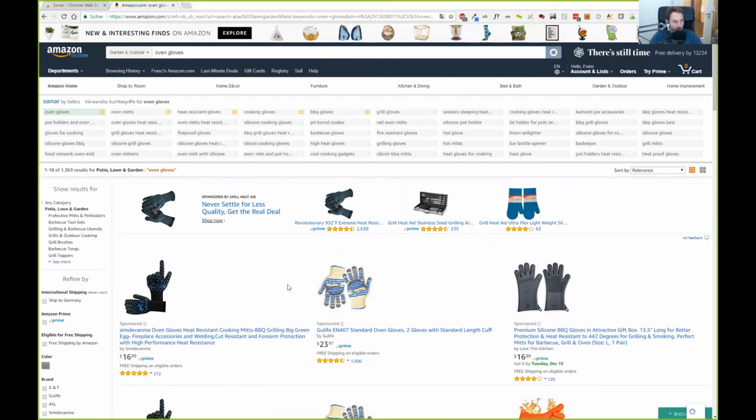And you can get a better picture of a niche compared to just looking at one keyword. I think it can be misleading to just look at one keyword if you analyze